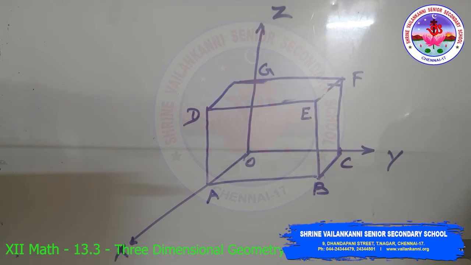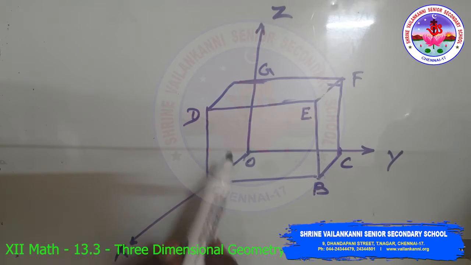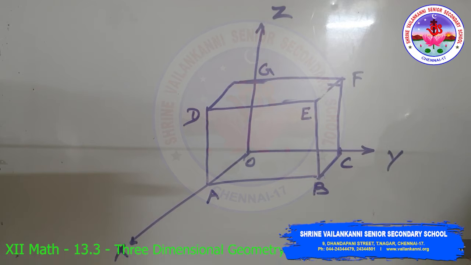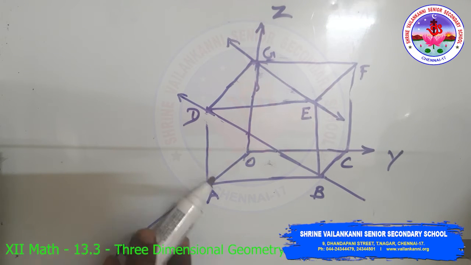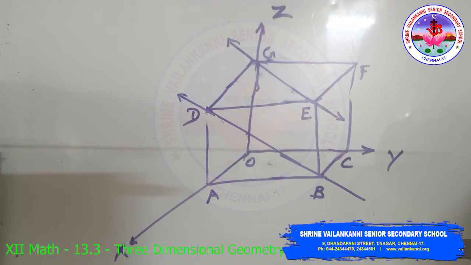Let's consider a cuboid in space. The line GE that goes diagonally on the upper plane and the line DB passes through one corner on the lower plane above A and goes diagonally. These lines are skew because they are not parallel and also never meet.